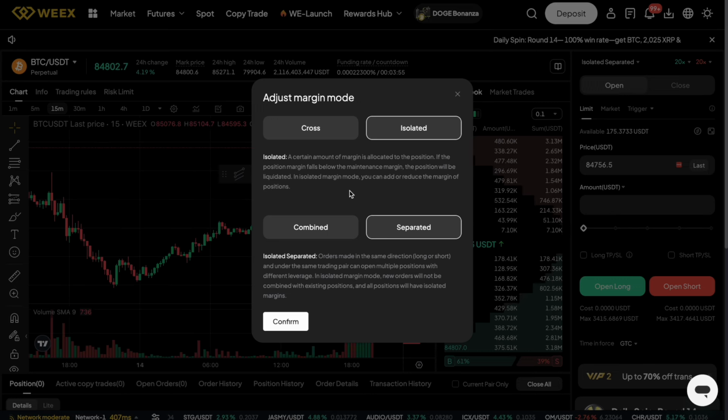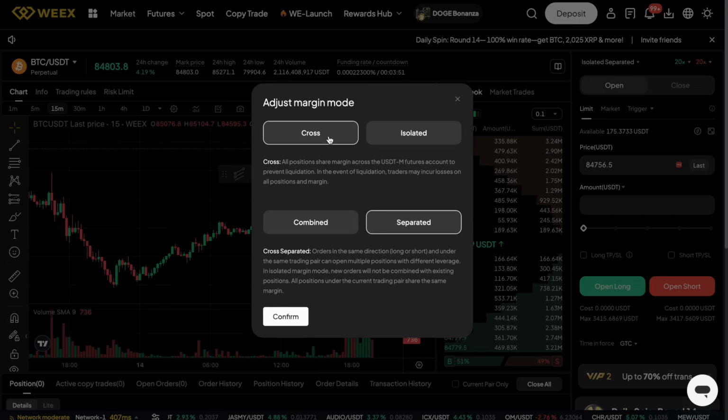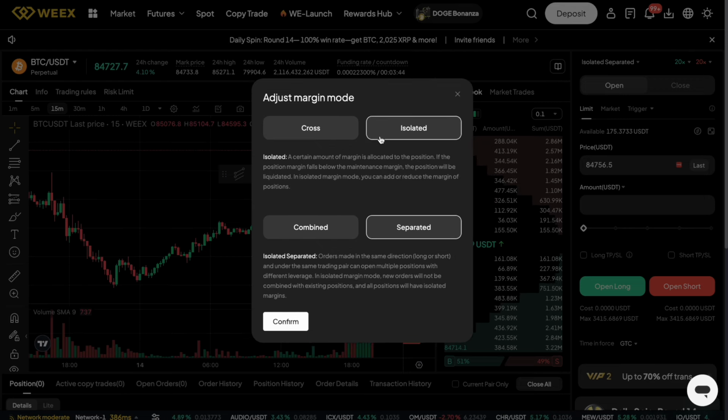So if the market moves against you, losses are limited to the margin set for that position, protecting the rest of your account balance. Whereas with cross margin, your entire account balance is used to maintain your positions. So if one position incurs losses, it can draw from your overall balance, which helps prevent liquidation, but it also does expose more funds to potential loss. So if you do get liquidated, you lose everything. For this reason, and because we're just going through a beginner's guide today, we're just going to concentrate on